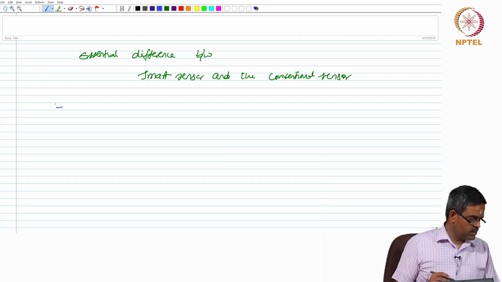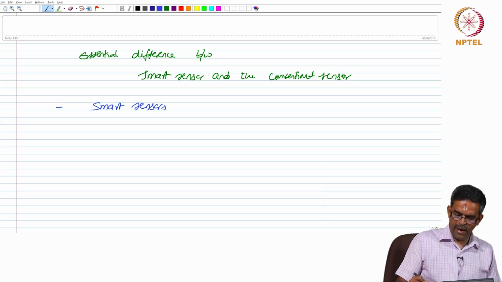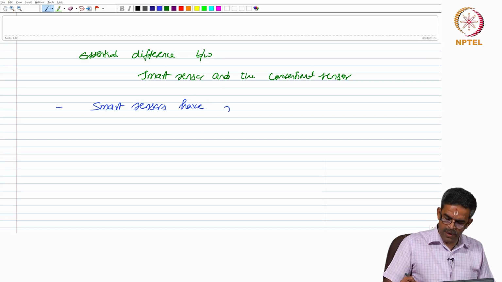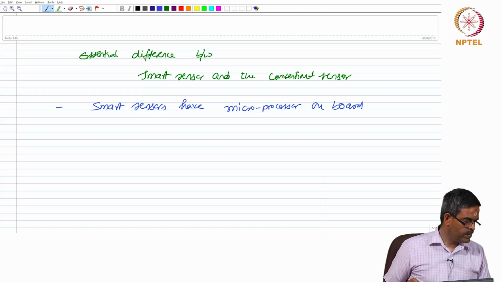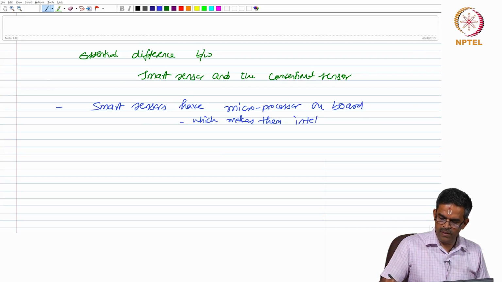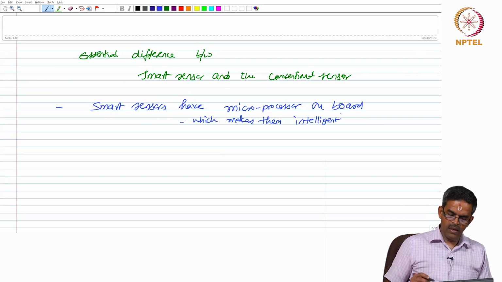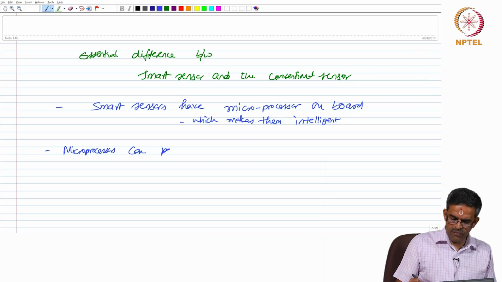The essential difference is smart sensors have microprocessor on board. Makes them intelligent. Let us see how. Microprocessors can perform the following functions: